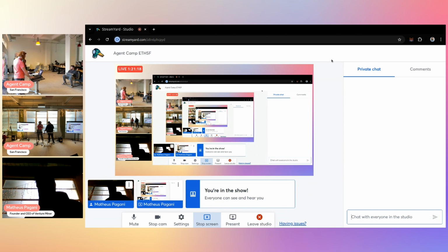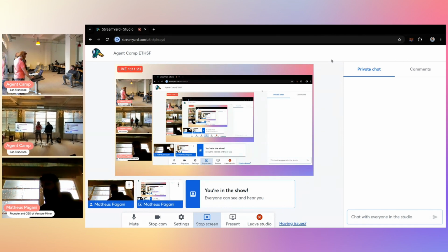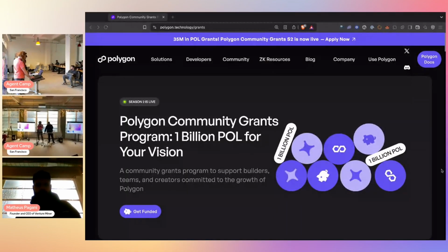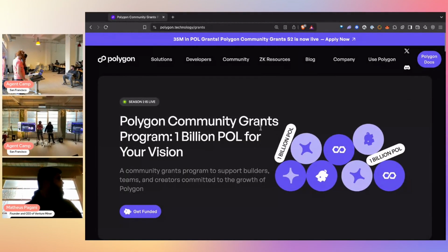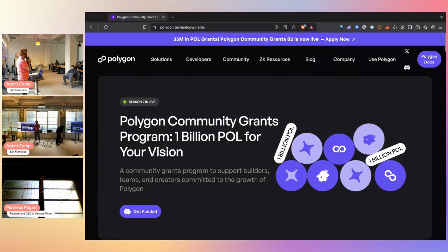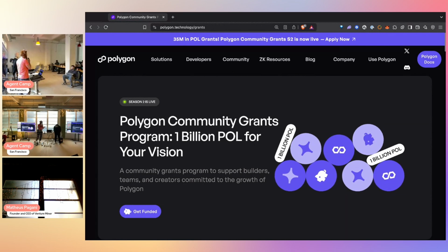And if you go look at the Doom.com, you can actually see that there have been a ton of new L2s launched in the last year. And those L2s have all essentially copied Polygon in some way. And that's not a bad thing. That's just how technology works.